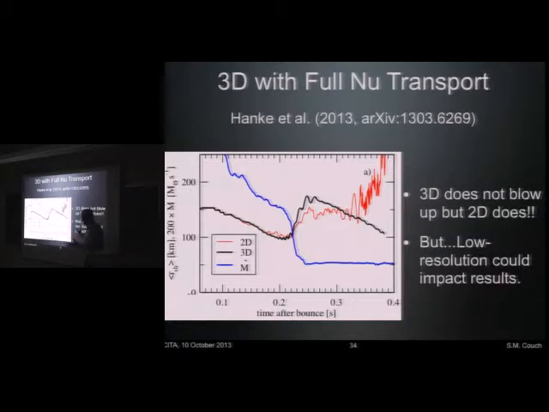This is the same 27 solar mass model that we do. And they find in 3D, the black line, it doesn't explode. The same 2D model with all the other same parameters does explode. So what's happening at 0.2 seconds? 0.2 seconds is when the oxygen shell comes in. And you saw that in my models too. I think it was a little less pronounced, but that's exactly what's going on there right around 0.2 seconds, about the same time as well. That comes in and it sends the shock out a little bit. And it goes even further than 2D, but then recedes again, whereas 2D starts going. This is clearly SASE going on here in 2D, and then off it goes.